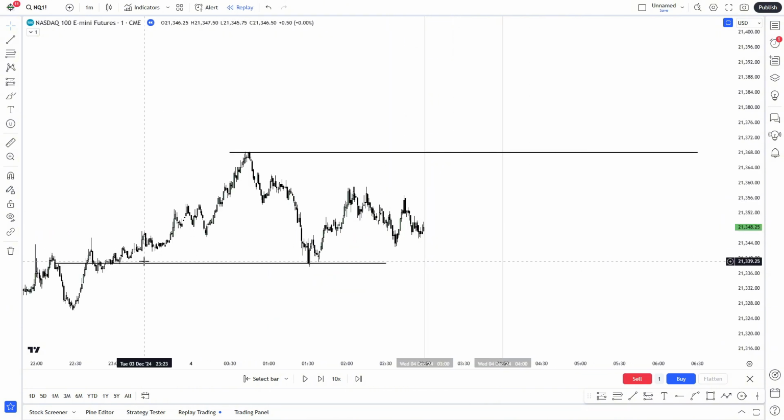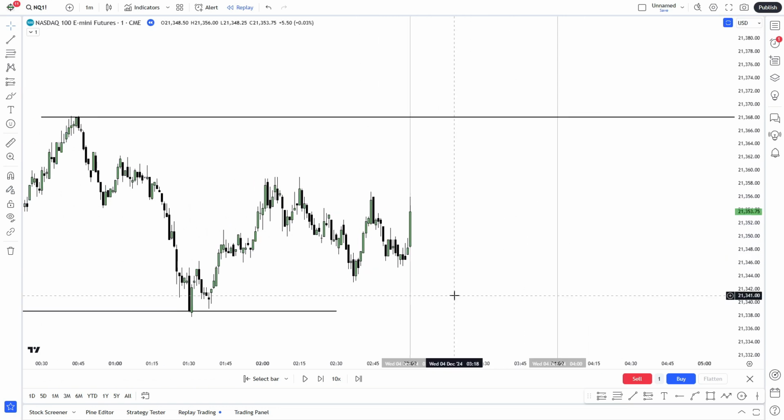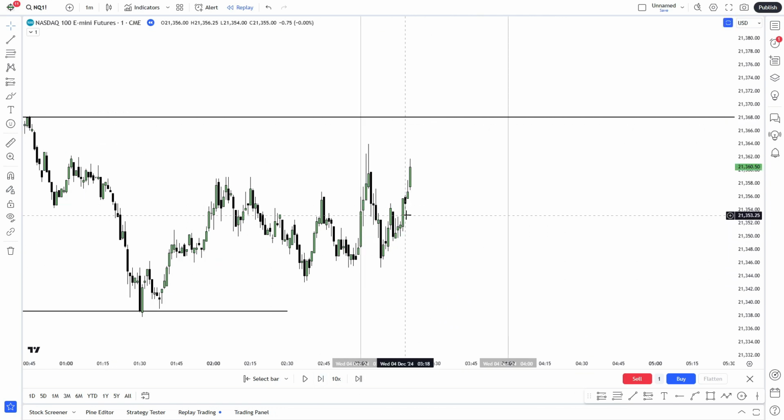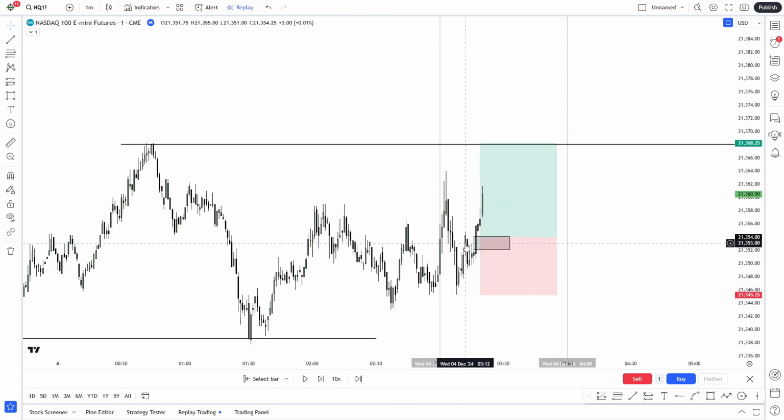All right guys, these are levels now transposed down onto the 1-minute time frame. So you can see we're now entering that 3 AM to 4 AM Eastern Standard Time window. Okay guys, let's play price out and see if we get any fair value gap to help us hit this high here. Okay, right here guys, so we get a market structure shift above this swing high right here, we get displacement, and we leave behind a fair value gap right there. So this is our London session silver bullet trade that we'll be looking to take. So I'm now going to wait for a retracement into this fair value gap and look to target this high.